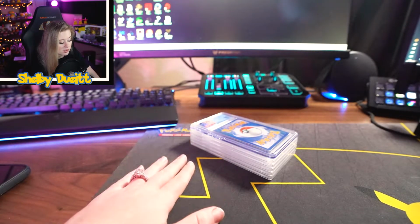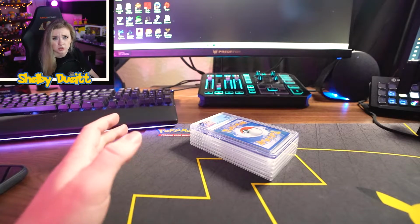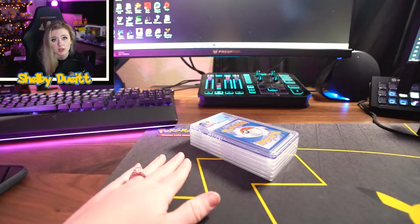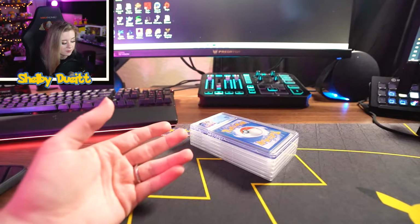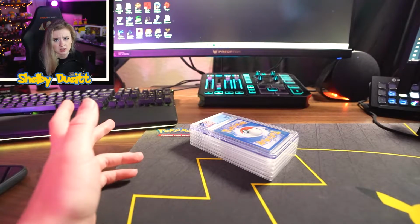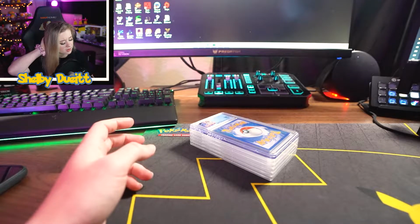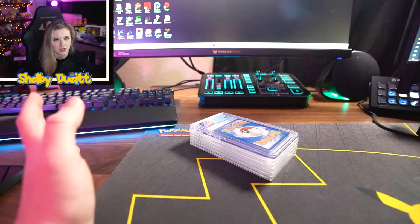I finally got some returns. These are kind of a mix of cards. I've got Pokemon, I have Yu-Gi-Oh. For those of you who didn't know, I used to play Yu-Gi-Oh competitively, so a lot of the cards in here are cards that I bought when I was playing or cards that I actually used in my deck. And the other cards I have, I think there's a couple Pokemon ones. I like Japanese stuff, so I pick up promos here and there from Japan. And then I'm gonna be honest with you, I don't remember. I do remember what the other card is, but I'll leave that for when I show you guys. Okay,